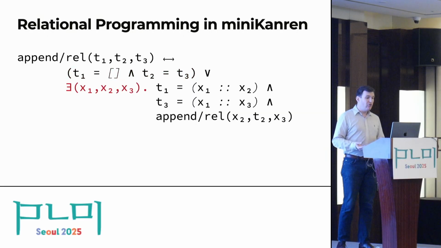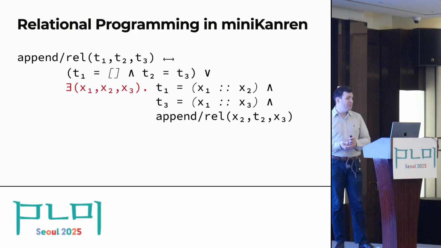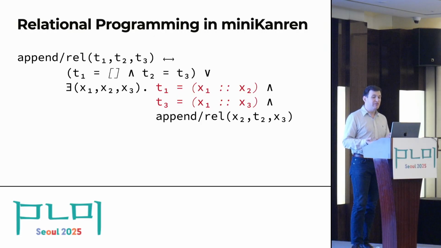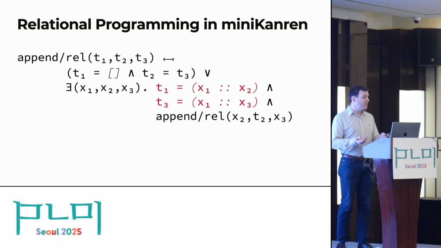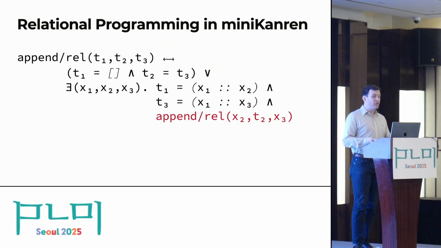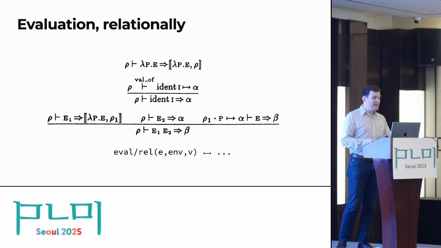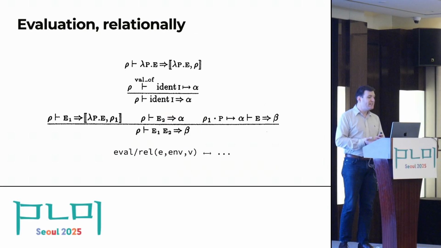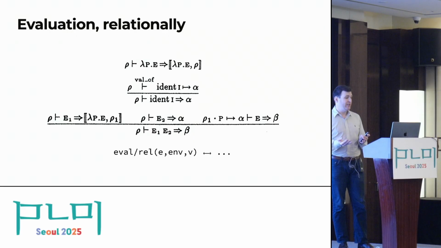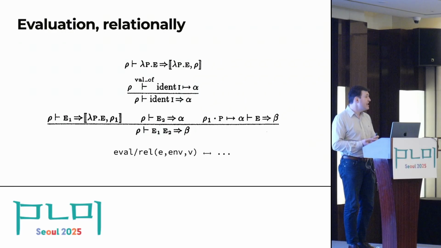Otherwise, in the recursive case, when the first is non-empty, we introduce some auxiliary variables. In this case, the relation holds when the third list starts with the same thing as the first list, and the rest of the first list appended to the second, and the rest of the third, are in that relation. So what's neat about this is we're familiar with expressing the semantics of evaluation relationally. It turns out that translating a semantics like this into miniKanren syntax is really straightforward,